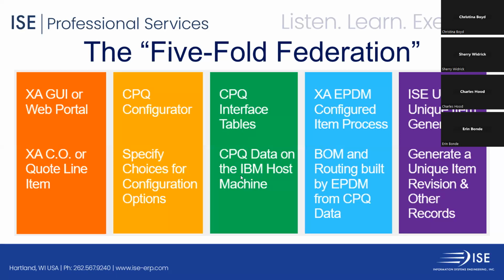Okay, and those tables were redone for the cloud configuration, which I'm really, really happy about, because it's much easier now to put business objects over them now that they have much more sane field names. You don't have to do SQL views anymore. You can just use them as is. That's great. Okay, then as I've talked about, the XA EPDM configured item process, the BOM and routing are built